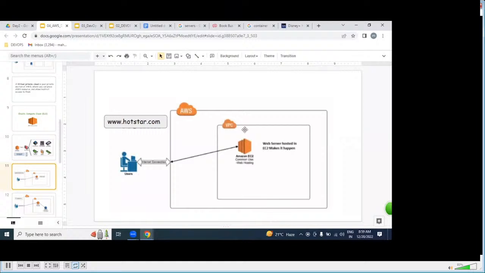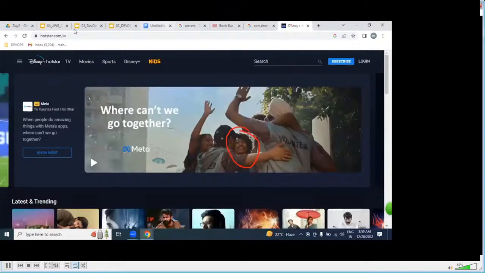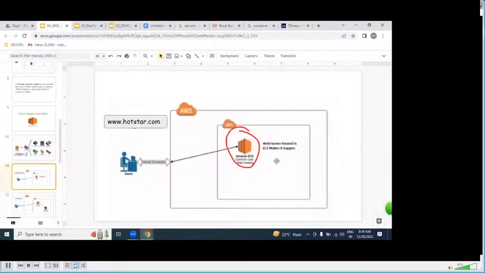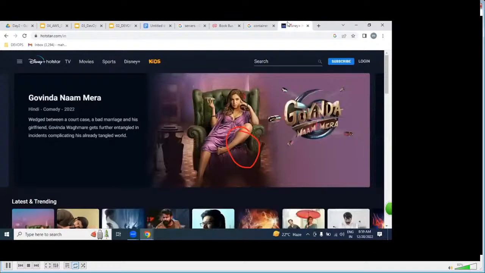Once the network is created, on top of it we create servers. On top of the server, we place our Maha Sir application. Once it is placed, we can access it over the internet.